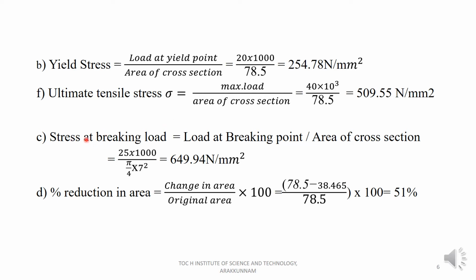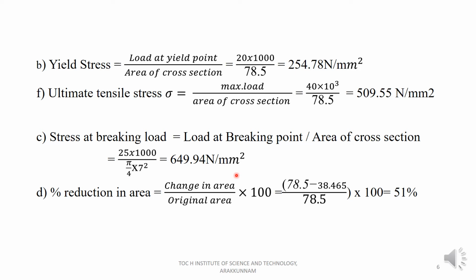Now the stress at breaking load, which is the load at breaking point divided by area of cross section, and that's equal to the load at breaking point, which is 25 kilonewton, divided by area of cross section, that is the neck area or the reduced area, which is 7 mm diameter, and the stress is equal to 649.94